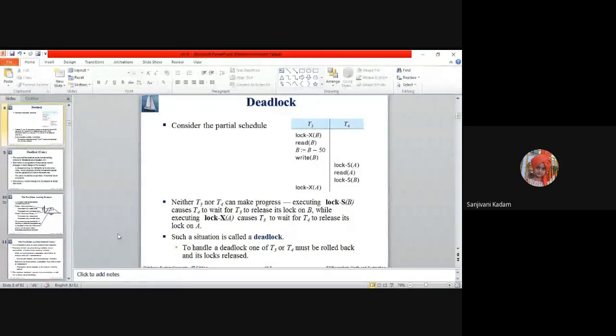Care is taken by the concurrency control manager that starvation should not happen. Starvation means that the same transaction should not always be chosen for rollback. Also, in granting requests, a sequence of shared locks should not be allowed to make an exclusive lock transaction starve. This care is taken by the concurrency control manager.